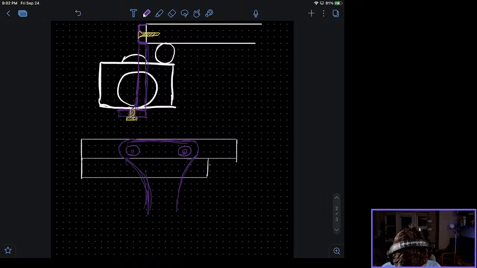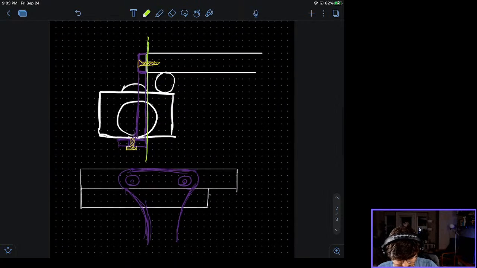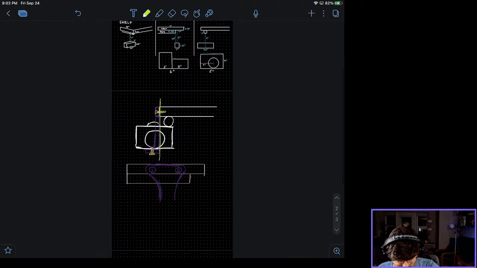I want to not make it as bulky and chunky as I did last time, but also I want to ensure that I have some strength. So what I'm going to be doing is rounding off these corners and doing it that way. Now, if this is the print bed, can I rotate this whole thing? No, I can't. Okay.